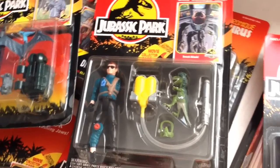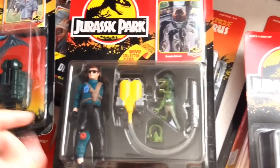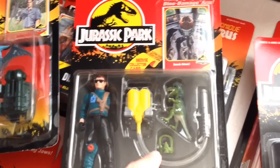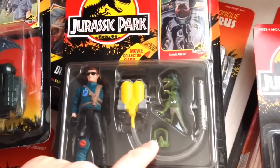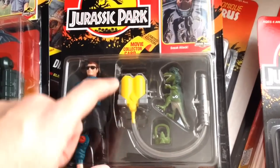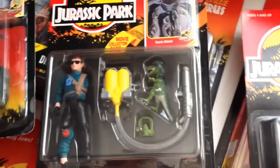Then we got Dennis Nedry here with removable arms. You can see one of the arms has fallen loose in this packaging, but I like that because I can see what his feature is when he's on display. Got the Dilophosaurus minifigure here. Got some, I think they're almost like night vision goggle type things. So I think they're like protective goggles. And then this is like a spray gun, so you could fill this with water